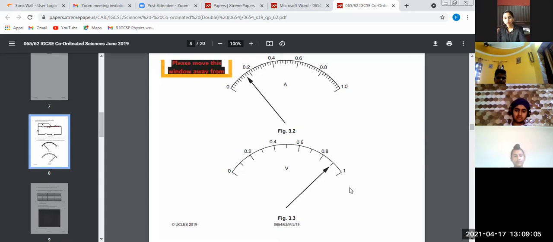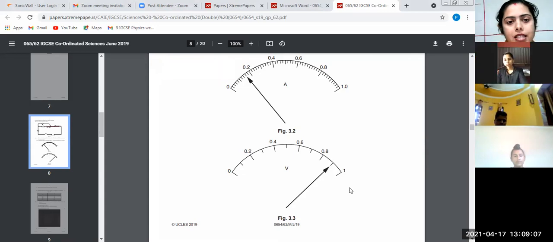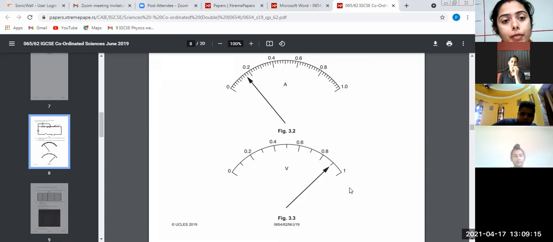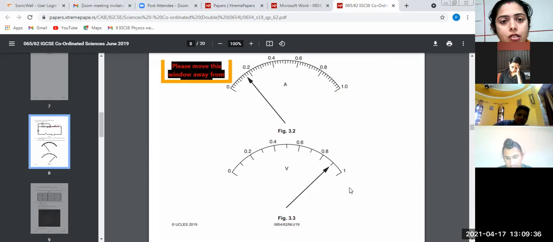See children, it's not that in the paper they are just saying to write the answer, so we will only do that because we are not solving only this paper. We are practicing for the papers coming ahead. So in that question, what we are able to cover, we will do that. And once you do it all correctly, your exam is going to be easy then. So it's not that they are just asking for answers; we will solve it and show how we get it.